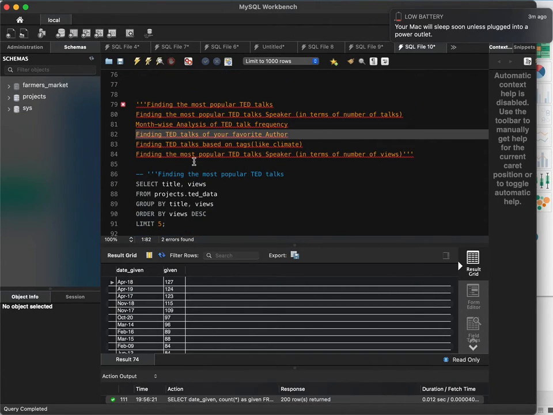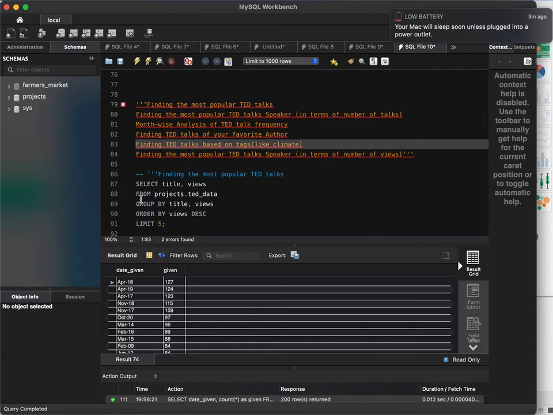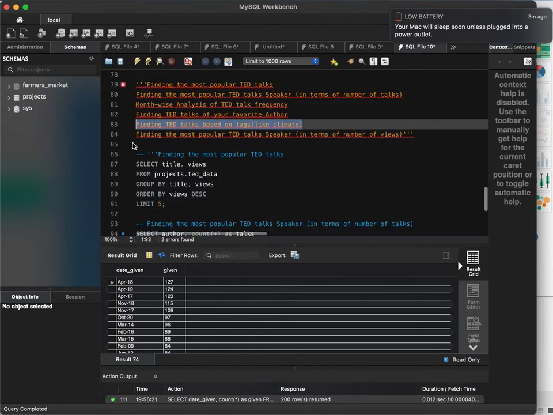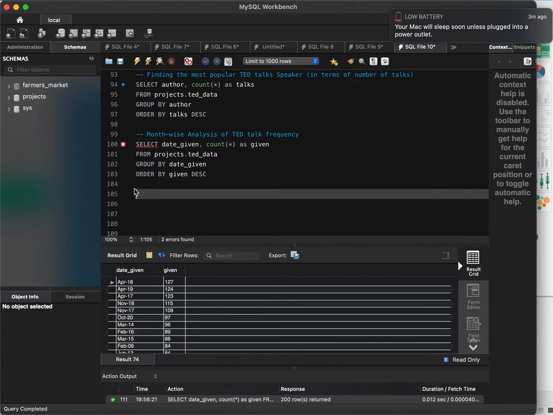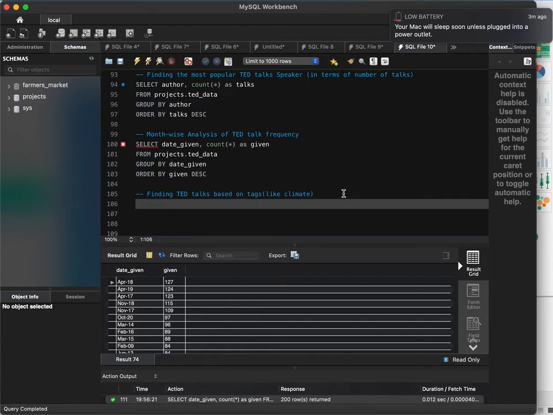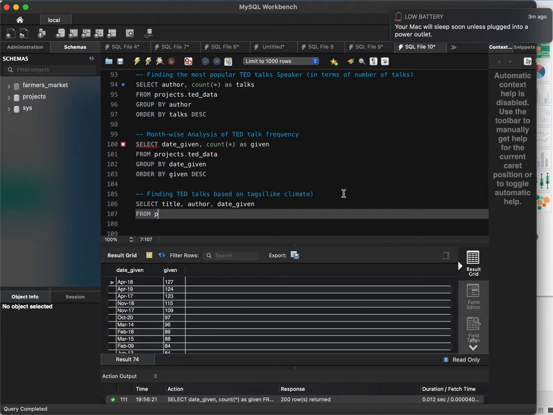So find your TED Talk, find TED Talks of your favorite author. So if you have a favorite author, I don't have a favorite author, you can just find your TED Talks. Yeah, so you can do that by yourself. So let's say finding TED Talks based on tagline like climate. So yeah, we use the conditional operator. So let's say select title, select author, give us the date given as well, from projects, dot TED data,